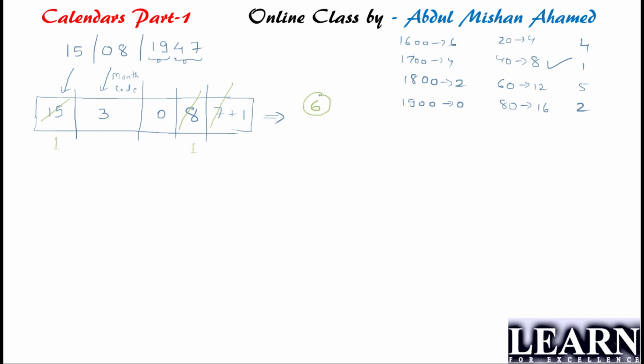So we know Sunday is 1. Monday is 2. Tuesday is 3. Wednesday is 4. Thursday is 5. And I can say Friday will be that day. Is it clear? Any doubts, guys? Hello guys, any doubts? I'll take two to three more examples so that it will be easy for you.